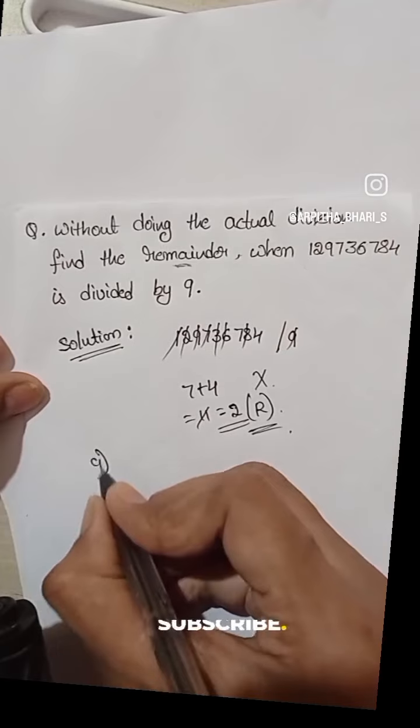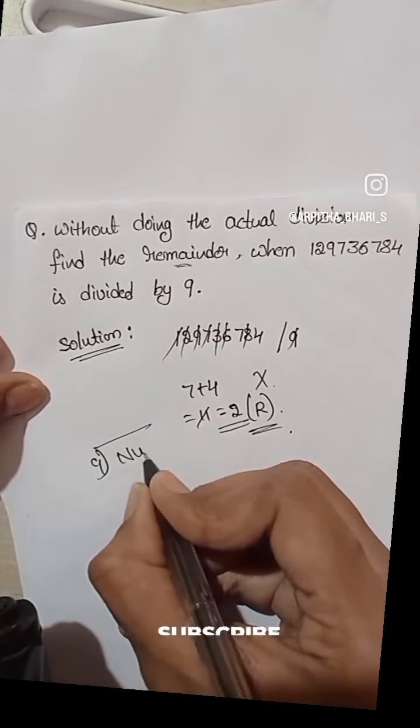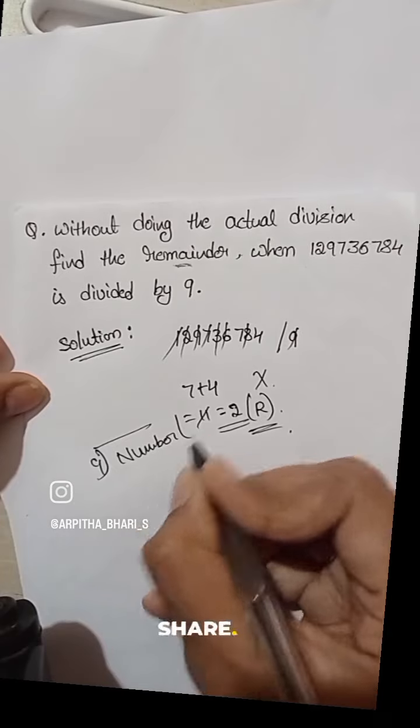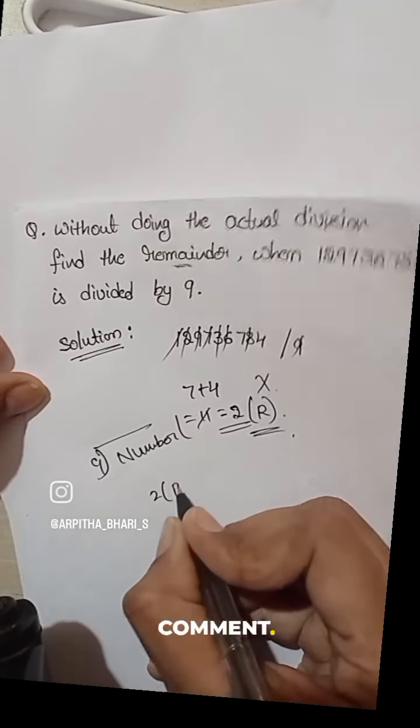So the remainder is 2 here. If we do it using the normal division method also, the number divided by 9, we will get the same remainder, that is